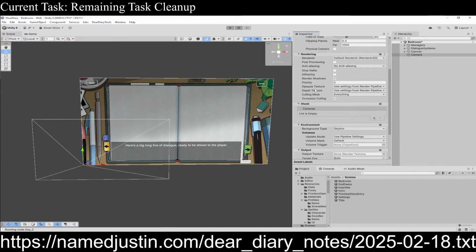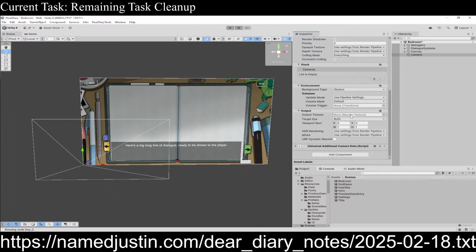And on this camera, this is what the render texture gets set to. And in this situation,